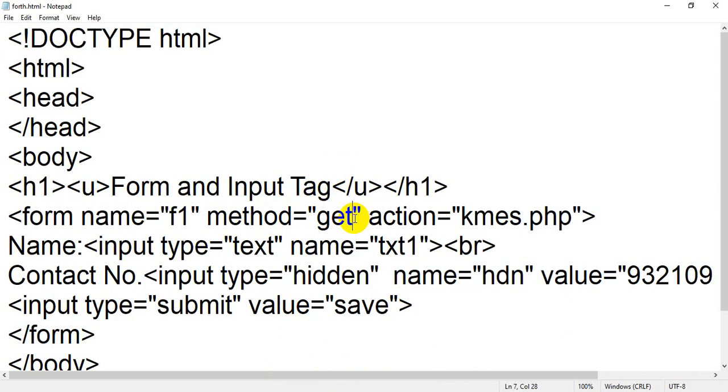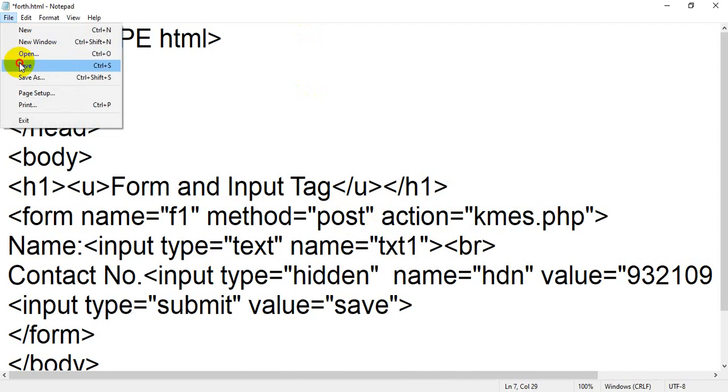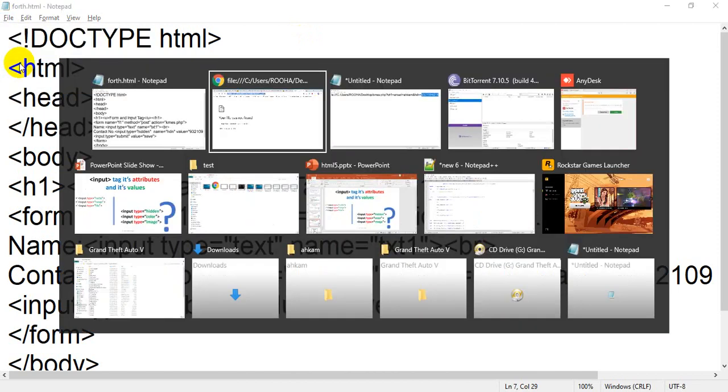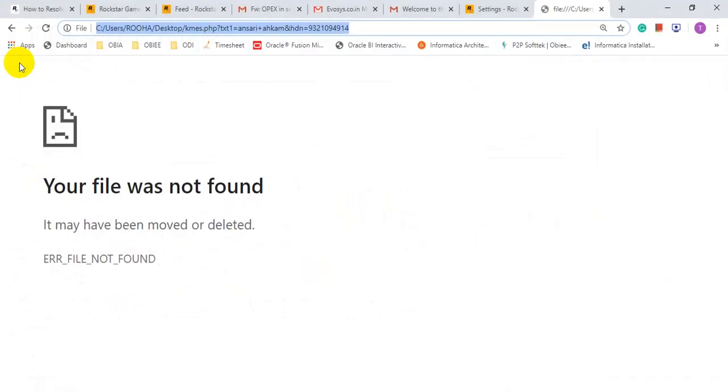If you take the post method, and you save this file, and go back to your browser, I think I have closed this file.